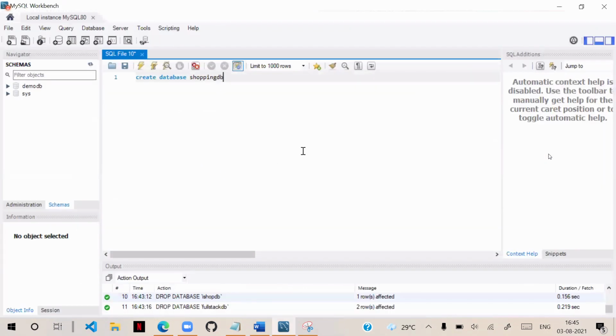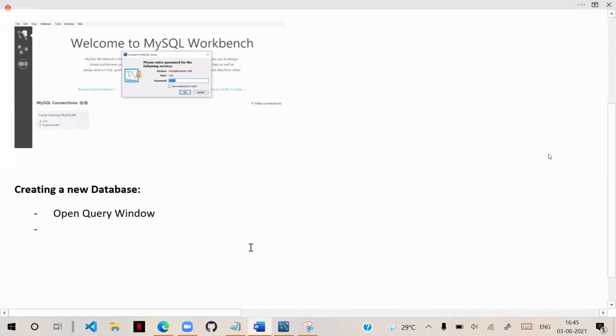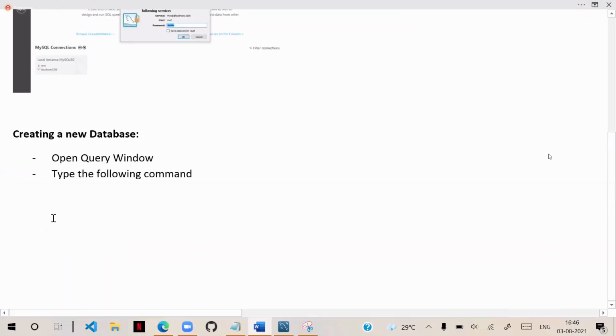Actually, to create a database, you have to write in the query window. Type the following command. In the command, we need to define this: create database and the database name, so shopping DB is the name we have to use.